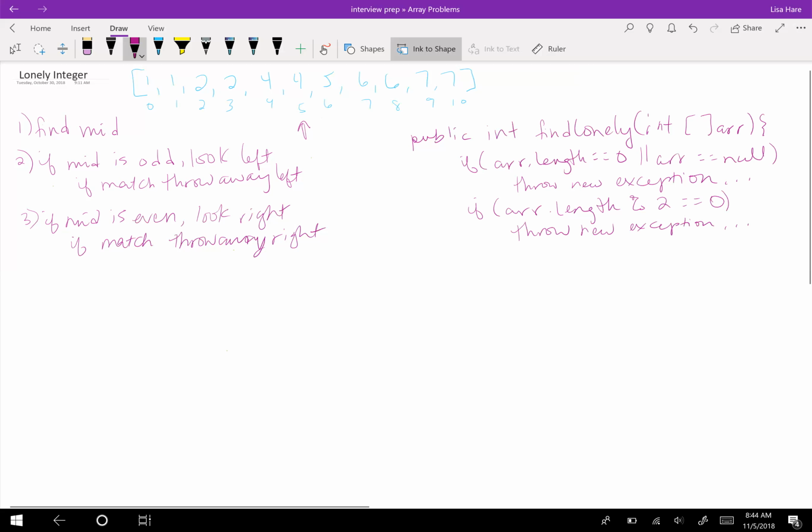And then also the thing that we want to check right off the bat would be if it's one number, which would mean that that would be the answer. So then return array 0. Okay, so we've done a bunch of checks, and then what we can do is at the very